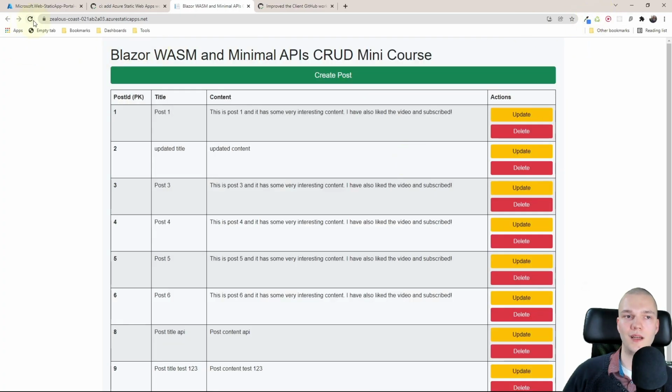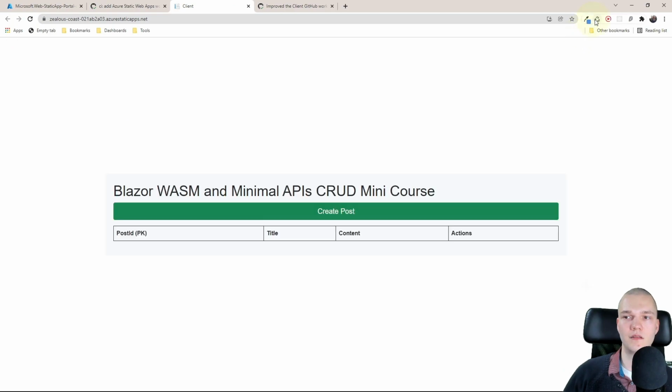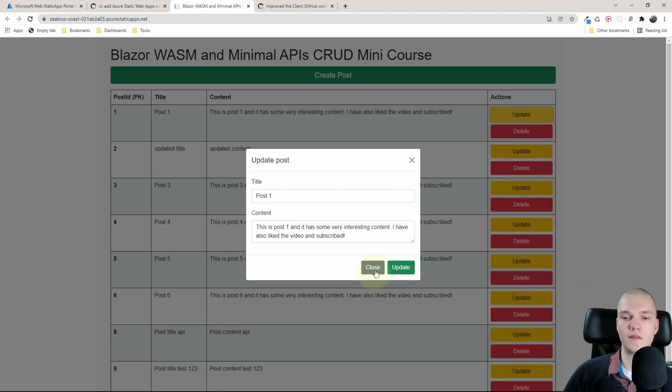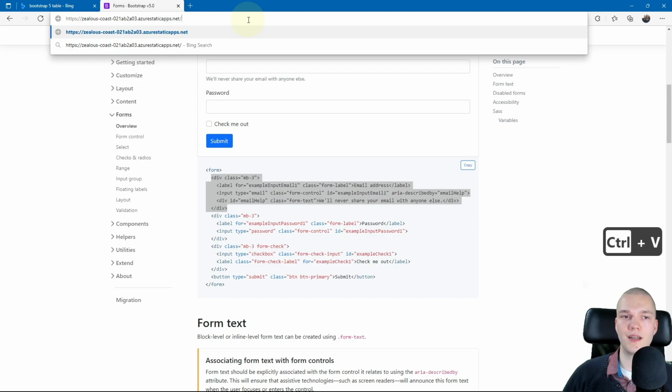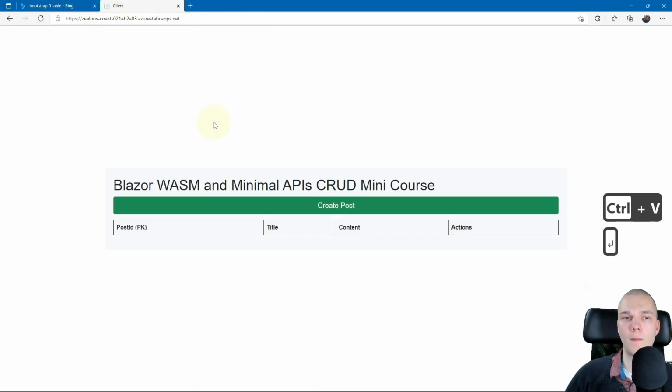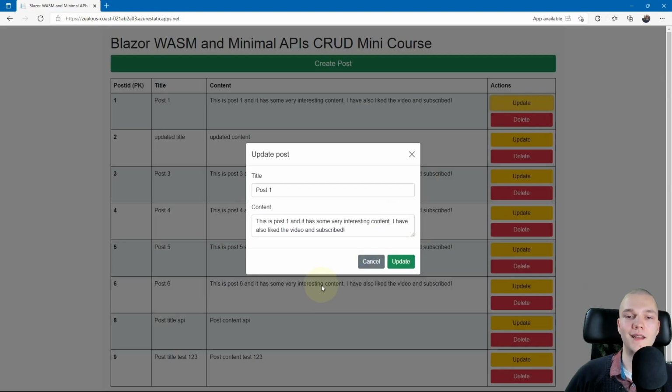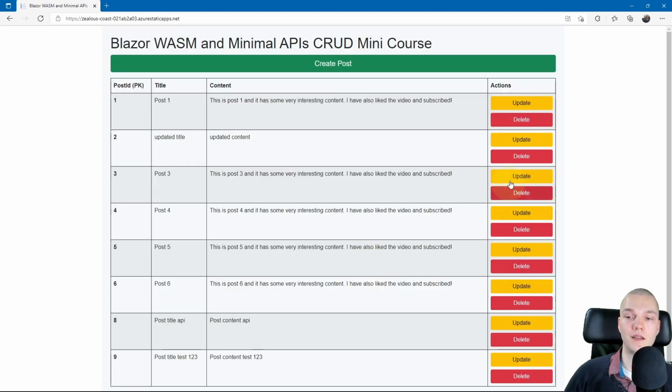Guess I need to empty cache. Use this handy one. I'll just try it in Edge. And there we go. So Chrome doesn't always update even though I empty cache, but as you can see in Edge, our Blazor WebAssembly app has been updated because the modals now say cancel. Awesome. And that marks the end of this mini course.